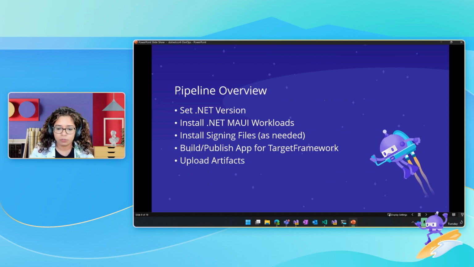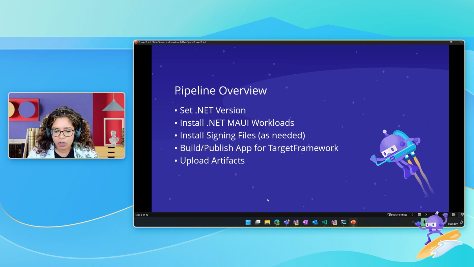The next is, of course, building and publishing the app. So .NET Build, .NET Publish, you're doing it for your target frameworks. You're generating all your binaries. You have all the binaries, so let's upload them so you can share them. This is pretty usual. I put a blog post out a while ago that walks through in detail exactly what each of these steps looks like for a .NET MAUI app. This was specifically for the Weather 21 sample, which again, David, hello, is already in there. And so you can see how that works.